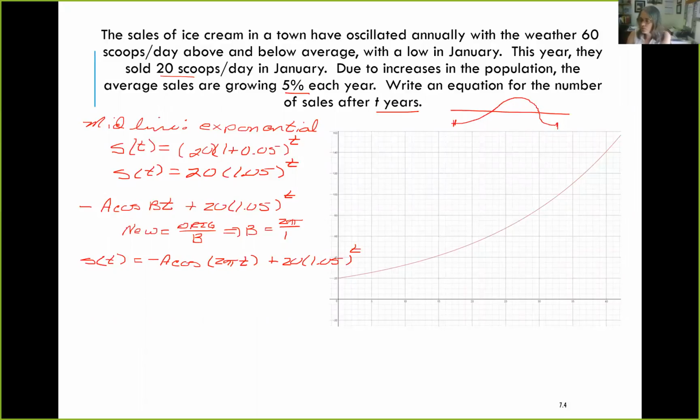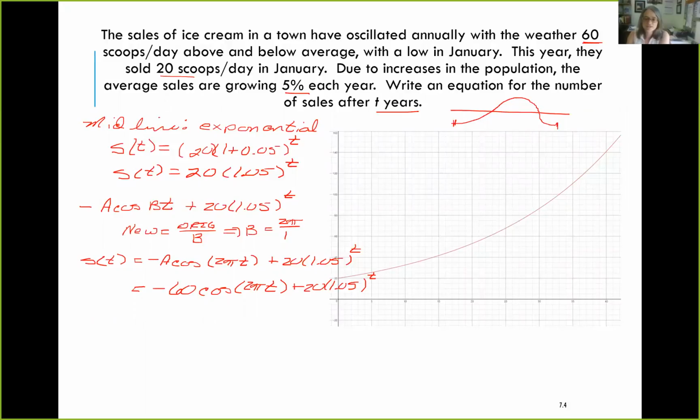Well, what do we know? We know that we oscillate 60 scoops plus or minus the average, so our amplitude is 60. So this is going to be negative 60 times the cosine of 2 pi t plus 20 times 1.05 to the t power. And let's take a look at this